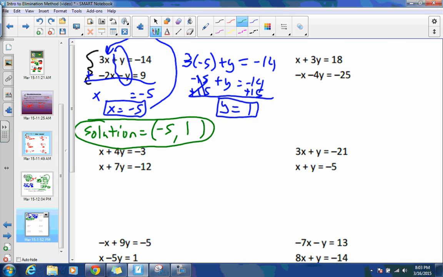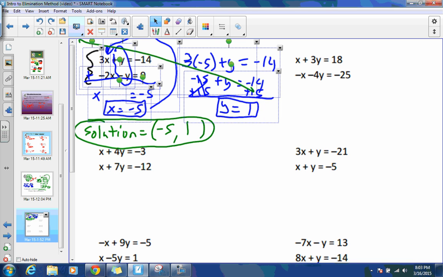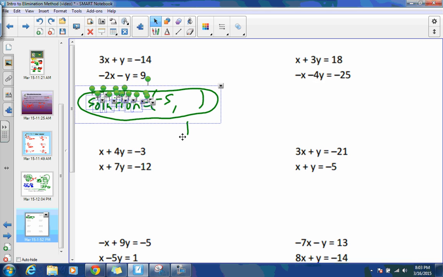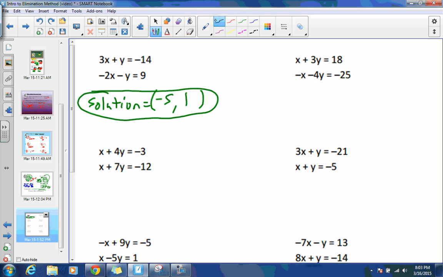Alright, let's do the one to the right here. I will delete all of this. Whoops. I'm going to cancel all of this work here so that we have enough room for everything else. And I will just move that up there. Alright, so we have x plus 3y equals 18, and we also have negative x minus 4y equals